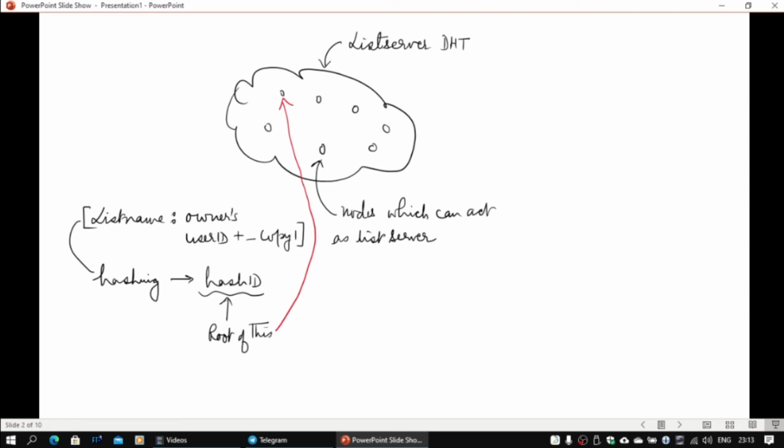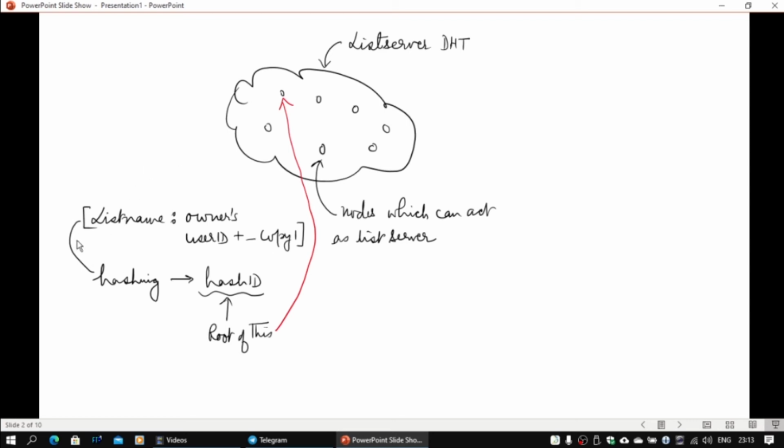I am not mentioning that the moment I say copy 1 and compute the hash, it goes here, it will also generate a copy 2, which will go to another root node, which in turn will maintain the copy 1. So if a node goes off, automatically the copy 1 structure will move somewhere else. If a new node comes in that should become the root node, then all the data structure will move. So all that is going to hold.